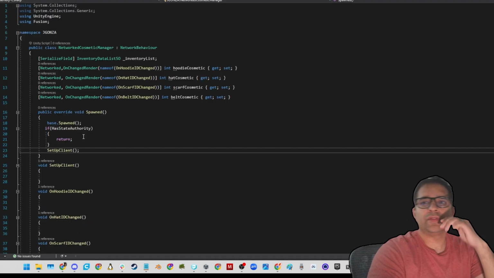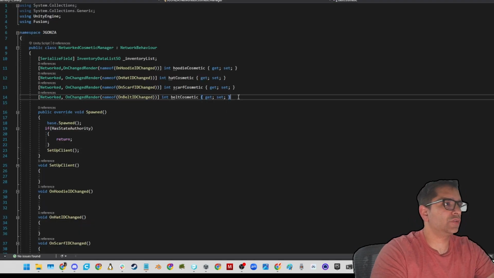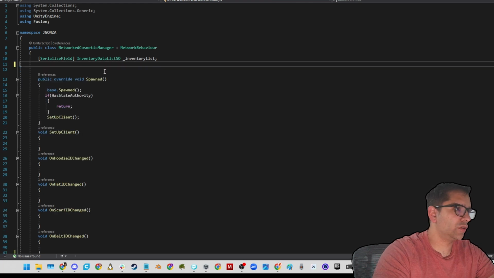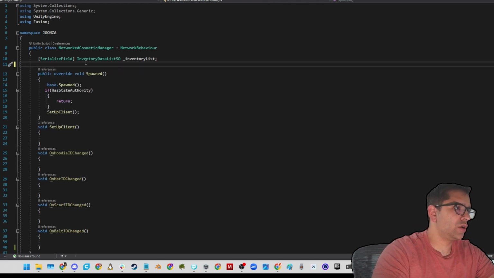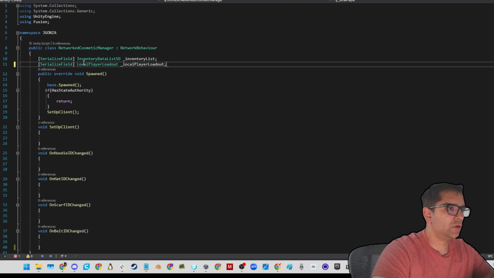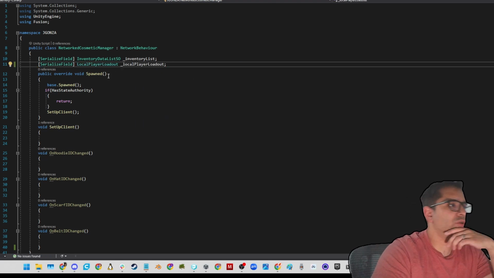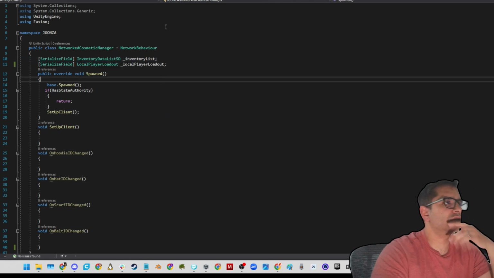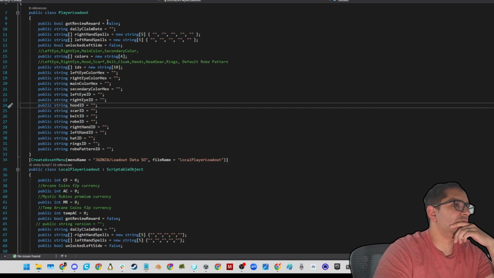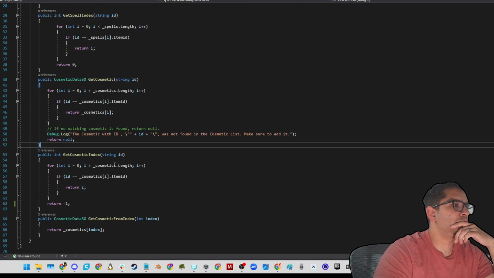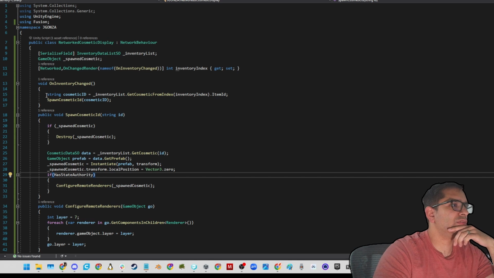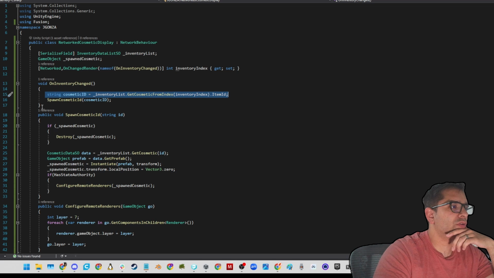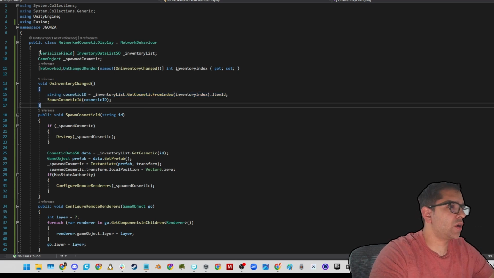So we have this manager. The idea with this manager is we're not going to do any of these. They're going to be networked, and we're going to have the local player. Have the inventory list and the local player loadout. We might not even need this. Hence, okay. So we have an inventory change. We grab the index, the item ID. Okay, so now